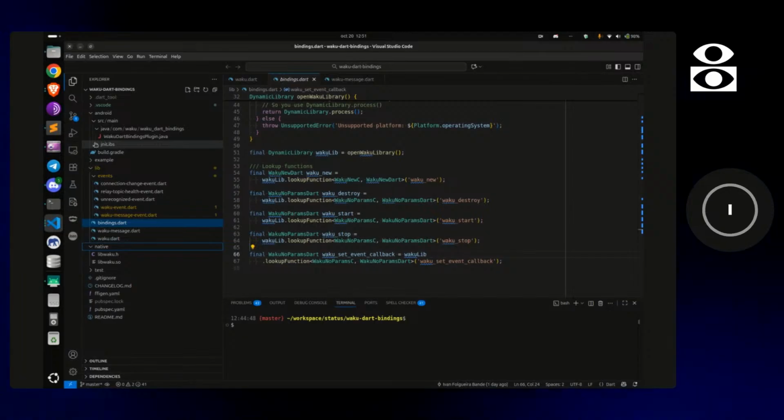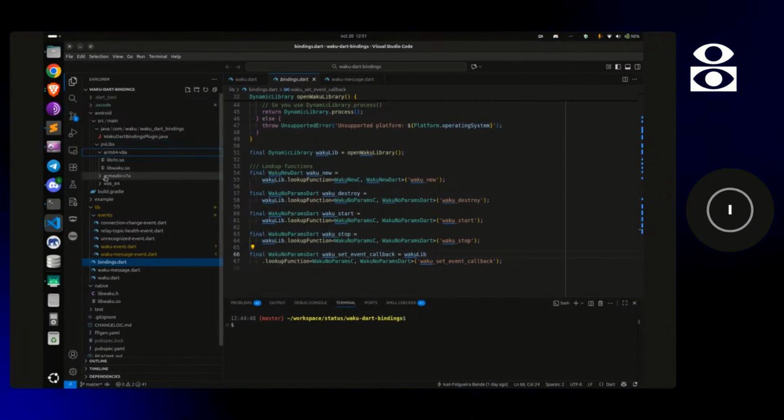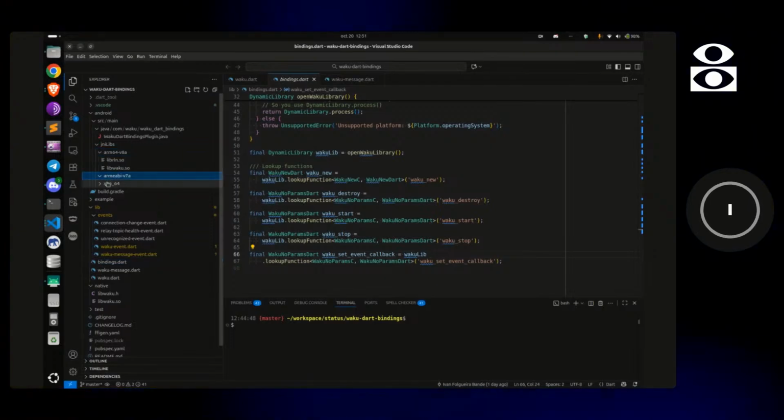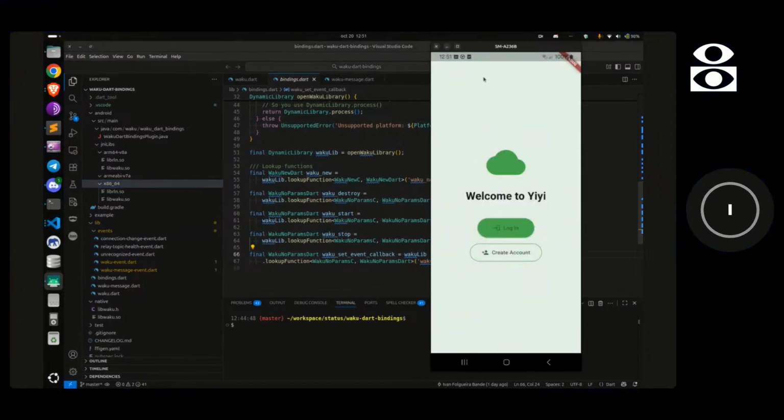And we have different library versions for every Android architecture. And yeah, as you can see, this is the